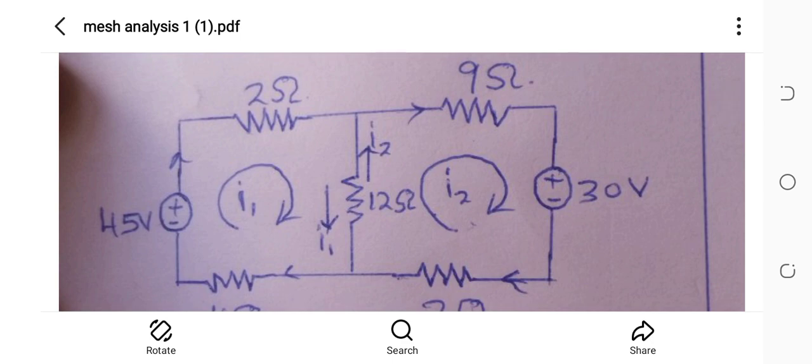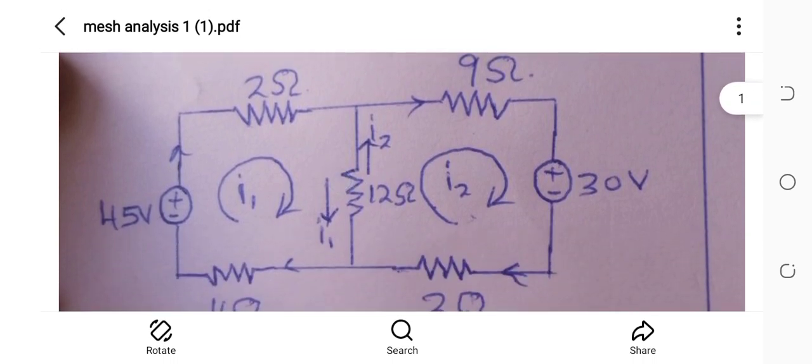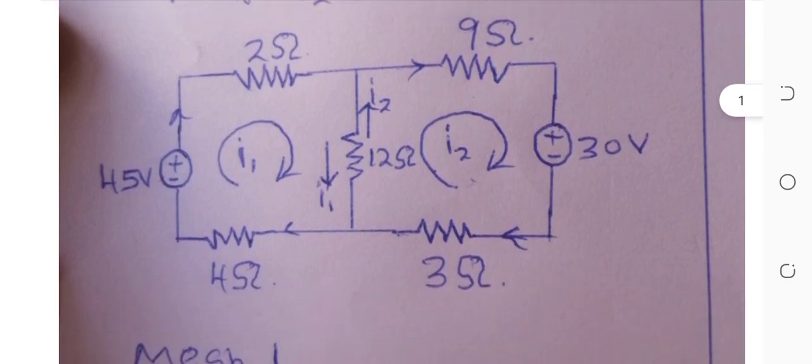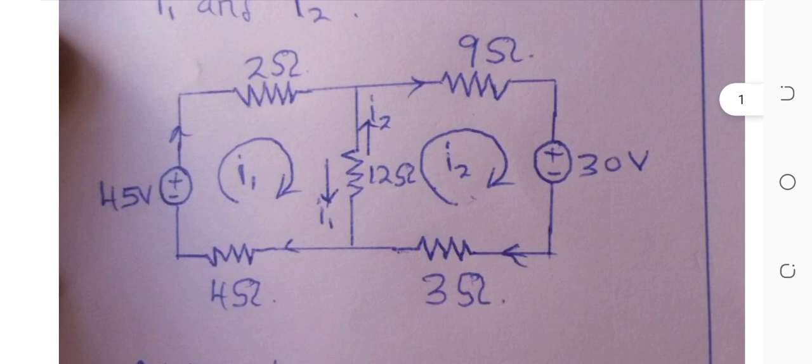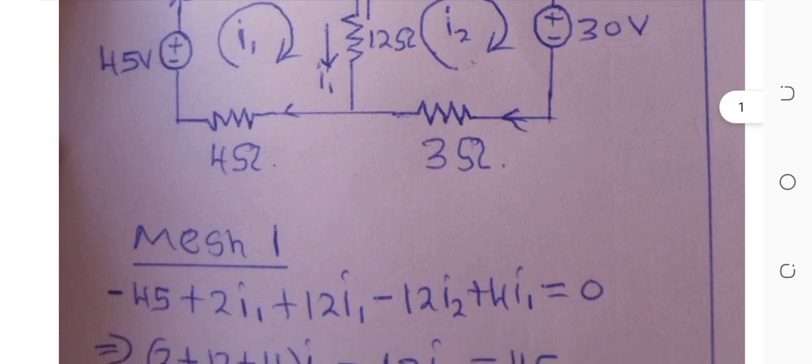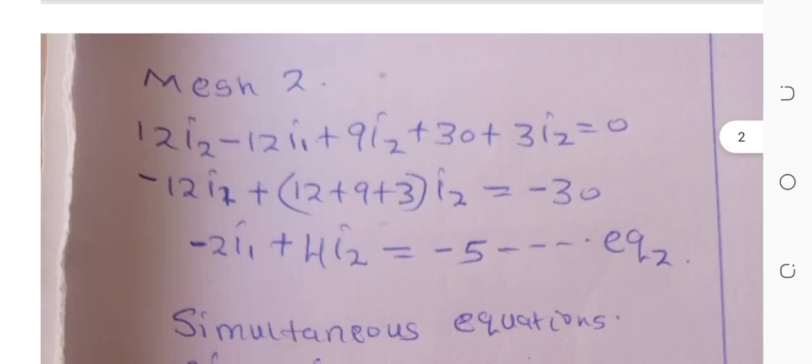So it's 12 I2, minus 12 I1 because of this current over here that is coming down, then plus 9 I2, then plus 30 because we are meeting the positive terminal first, so it is plus 30 volt, then plus 3 I2, as you can see here,